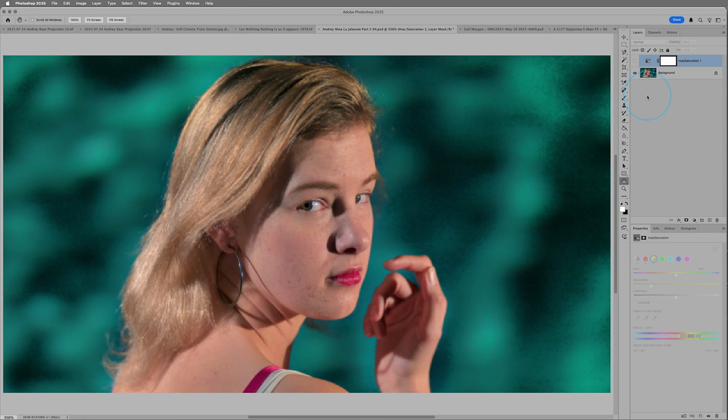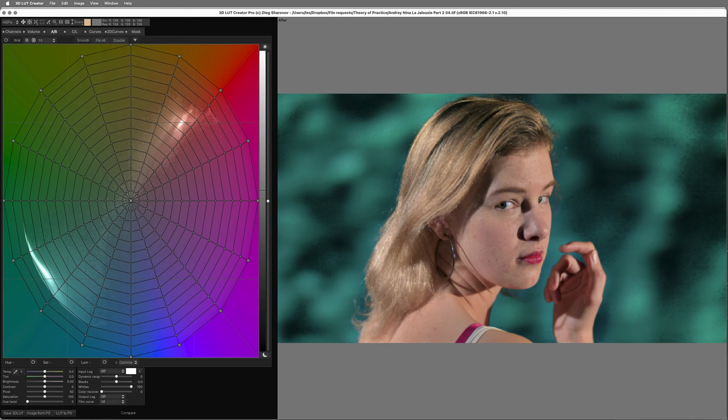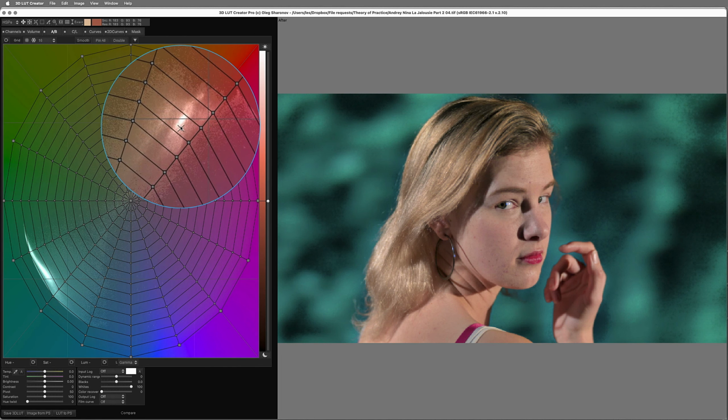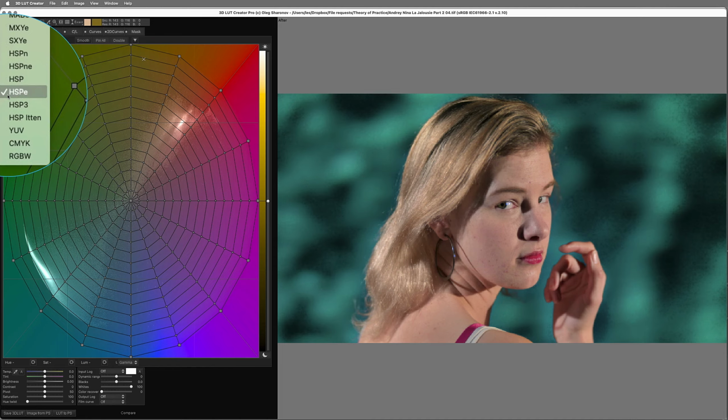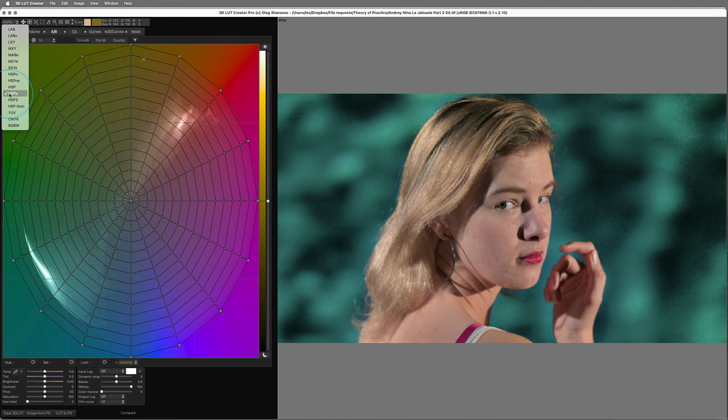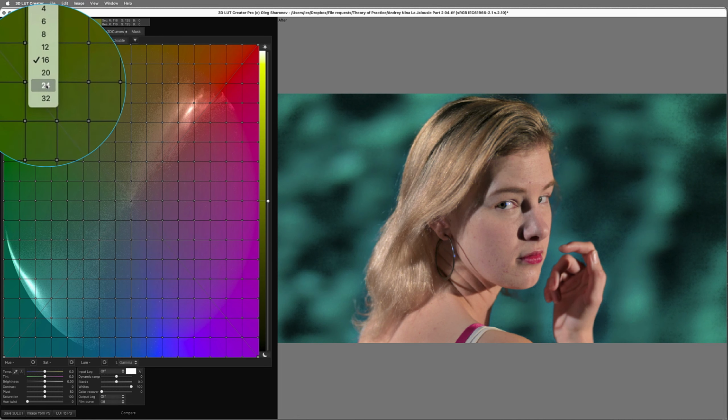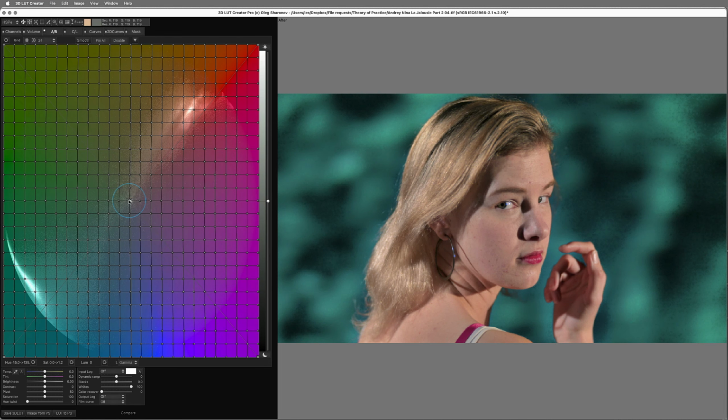But to push this a little further, if I jump into 3D LUT Creator, here's the same image, but without the HSL adjustment layer. And of course, a vector scope shows me where the elements are in color space. And in 3D LUT, I've got different color models that prioritize how brightness and saturation change relative to one another. But when it comes to color contrast, let's go to our rectangular grid and increase the nodes to 24 by 24. And let's also pin our neutrals while leaving all of our other nodes unpinned for the moment. Now let's